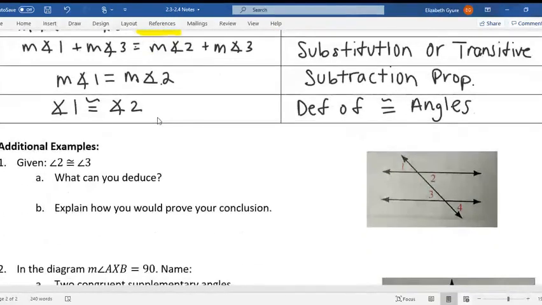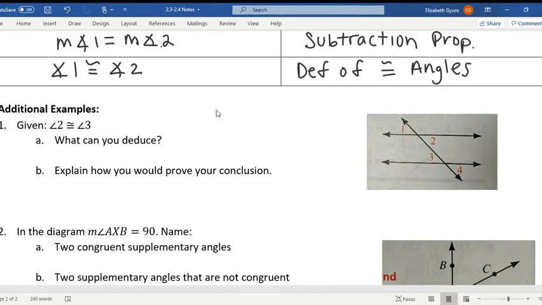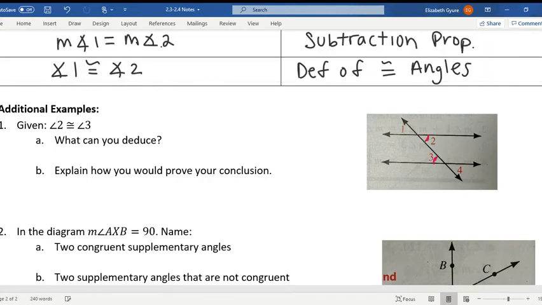All right, and then we are going to just look at some examples here. So number 1 here, given angle 2 is congruent to angle 3. So that's referring to this diagram here. So angle 2 is congruent to angle 3. What can you deduce? So you got to look at this picture and think of our new theorems and our new definitions. So if I know that those two angles are congruent, what else do I know about